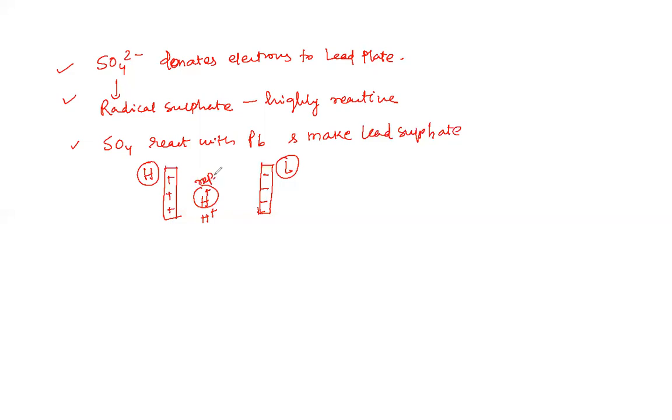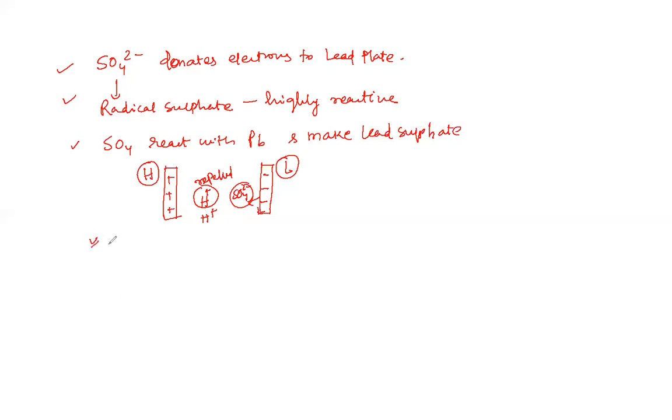It is going to be repelled. Similarly, even though the sulfate ions have been formed, they are still going to be repelled by the right side of the plate. And the same story repeats with the sulfate ion as well as the hydrogen ion. Now the potential difference becomes constant.